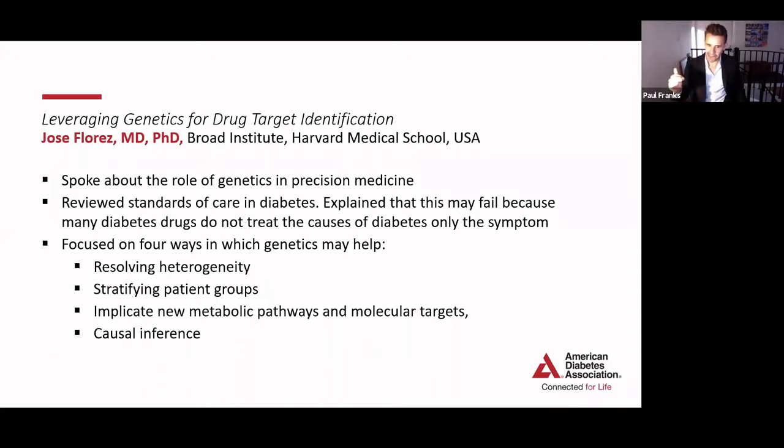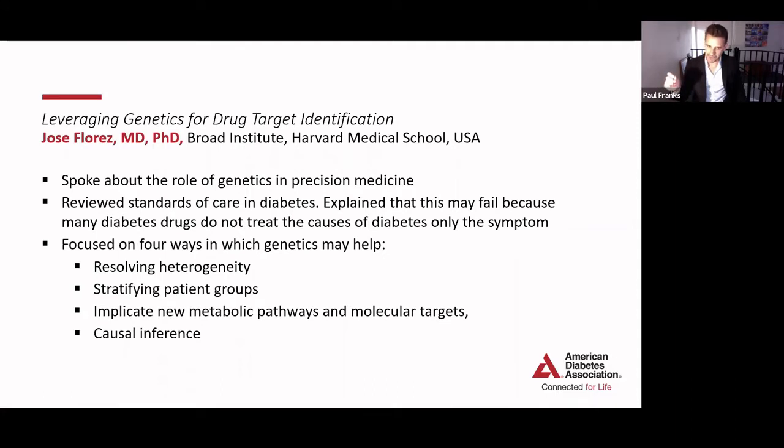diabetes at this time, and really zeroed in on an important issue, which is that the treatment of diabetes is often done with drugs that tend to deal with glucose, the symptom of diabetes, and not necessarily the processes that lead to diabetes, such as dyslipidemia and liver fat accumulation, obesity, and so forth. And so that was a key point that he made, and he sort of came back to that when he